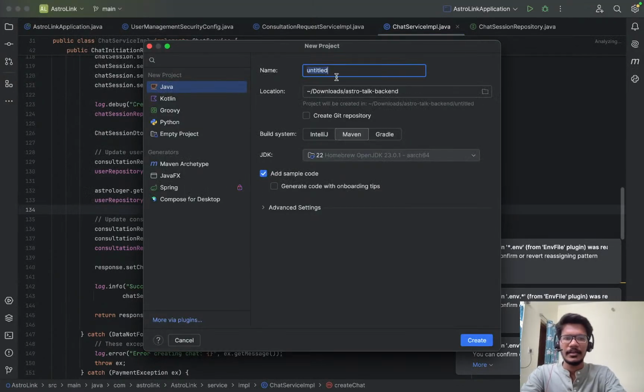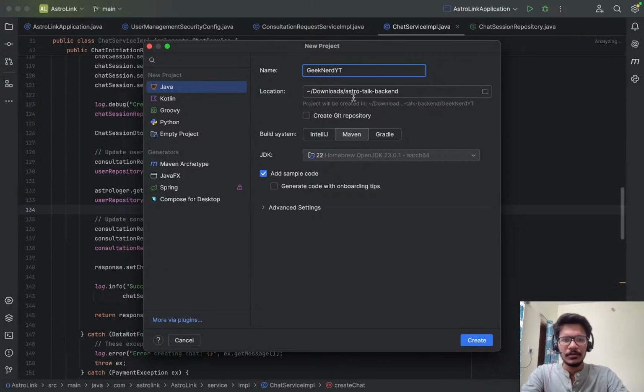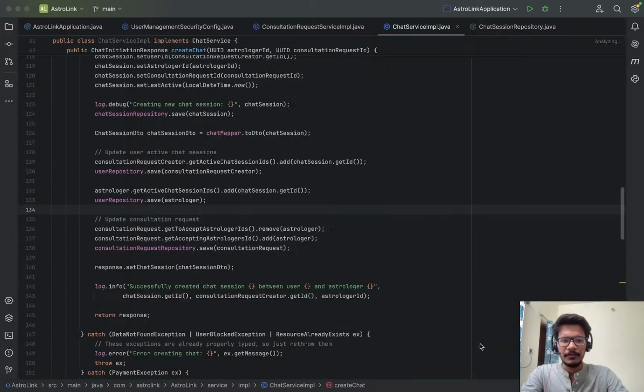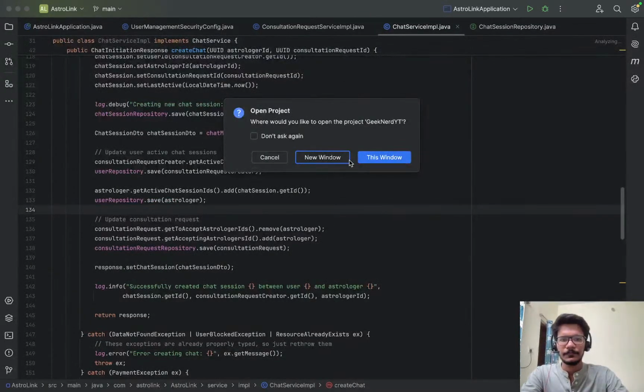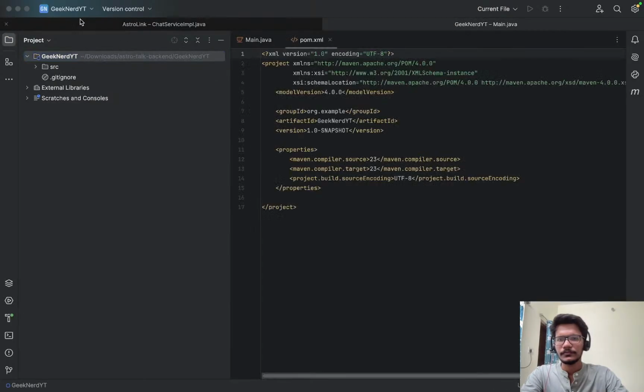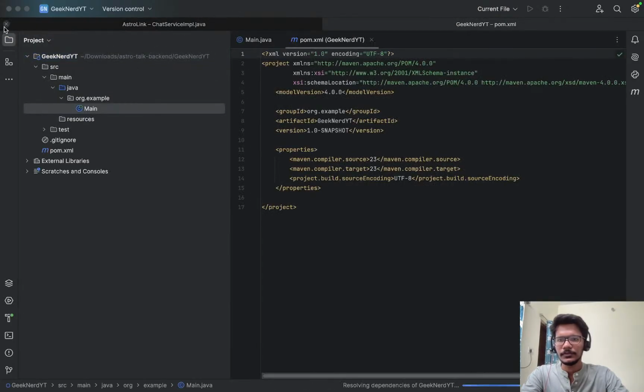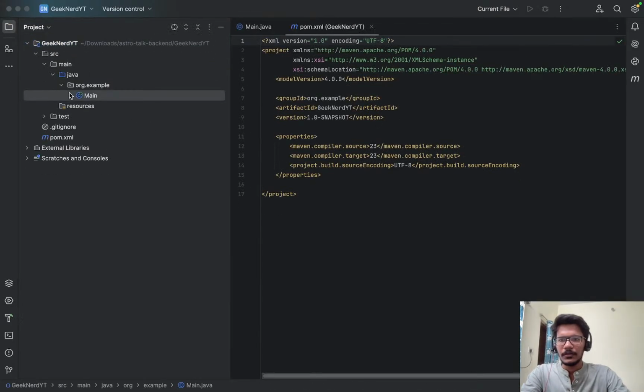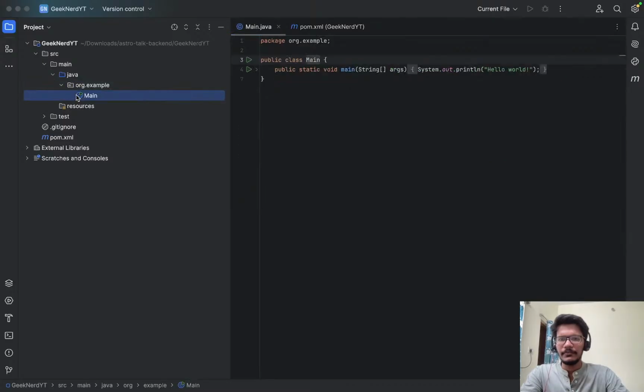I will name it Geek Nerd YT, and I will create it. In a new window, let's remove this. And in the main function, here is the boilerplate code of Java,